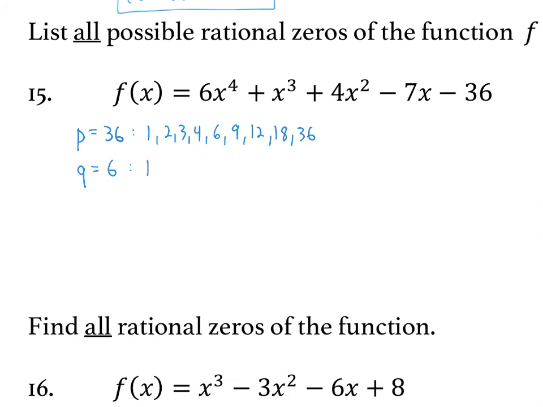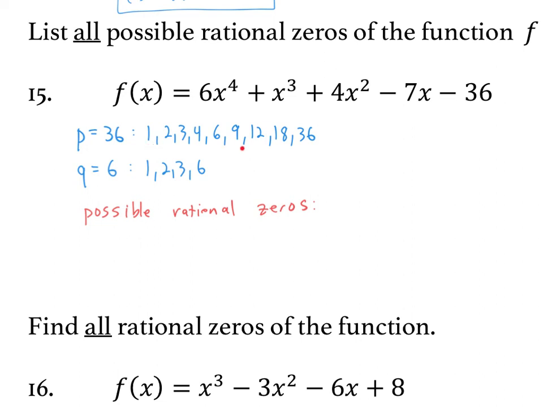And then factors of 6. All right. And then now we'll do possible rational zeros. All right, and then now, okay, so the way I do it